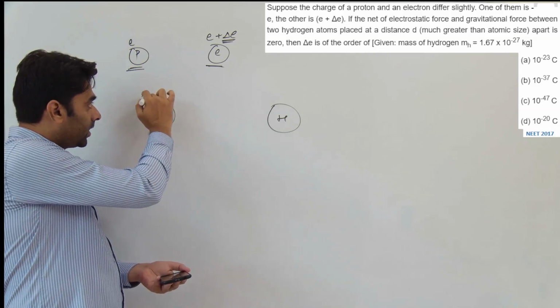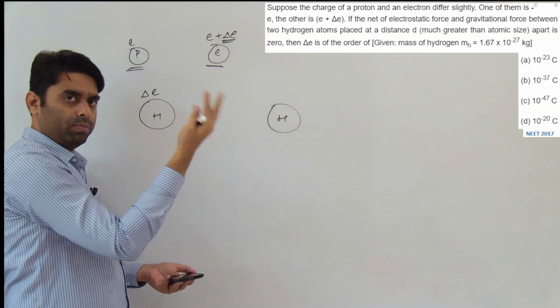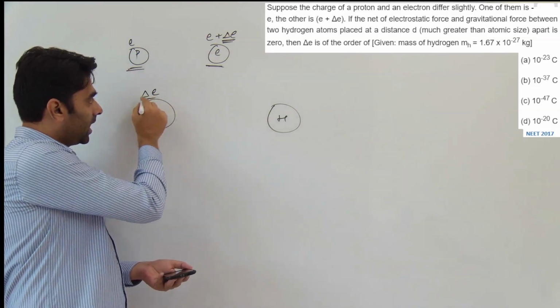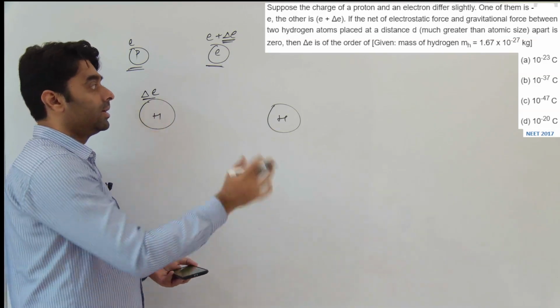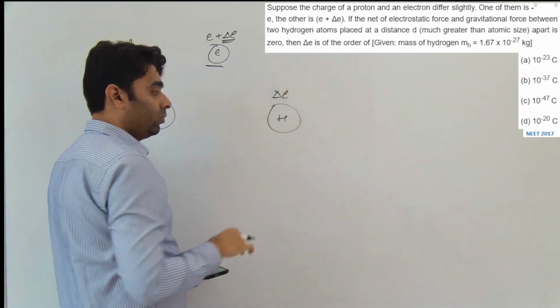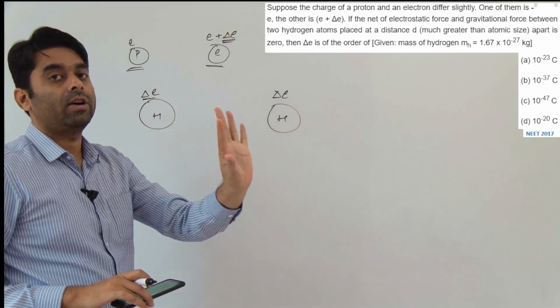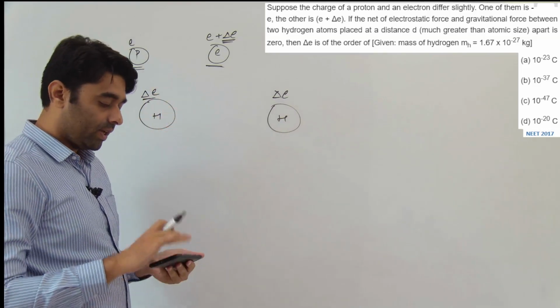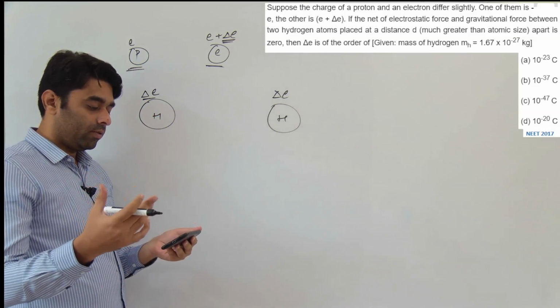It will have a charge of delta E. E minus E plus delta E. Positive, negative, that is fine, but this much charge will be there, delta E on a hydrogen atom. Similar over here also. So the whole point of this story is that hydrogen atom will have a charge of delta E. Fine. Next it says,